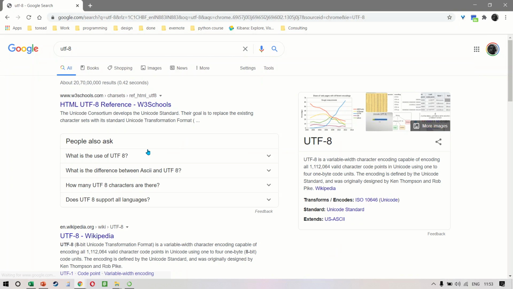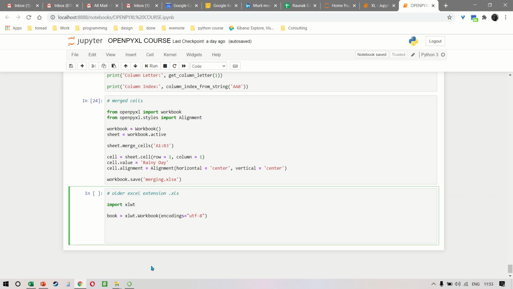Don't bother too much with what this is. If you want to Google it, you can just search UTF-8 and you can see what this refers to. But I don't really feel it's important for you to know about all this in detail. Then you want to add a sheet. So let's say sheet1 is equal to book.add_sheet, and I just want to call this "demo sheet",